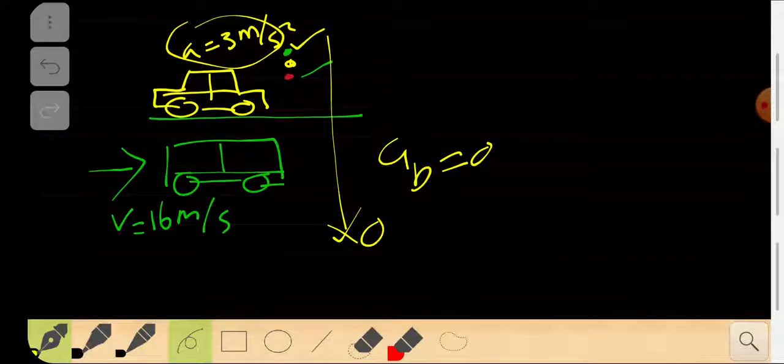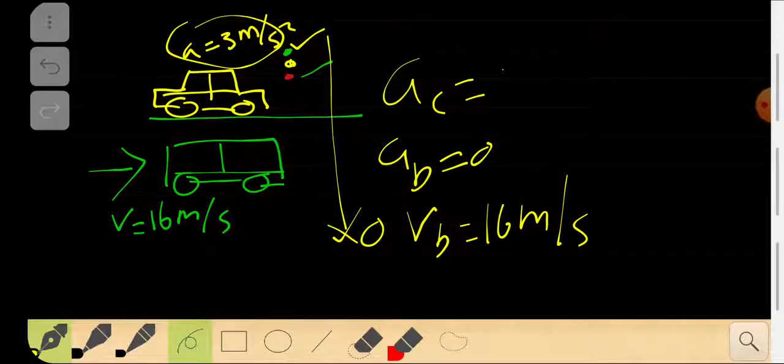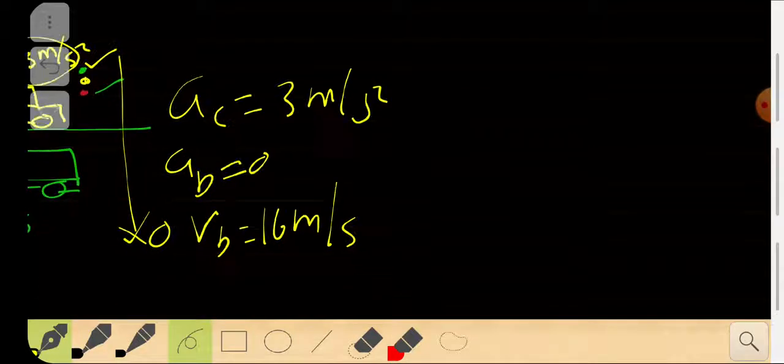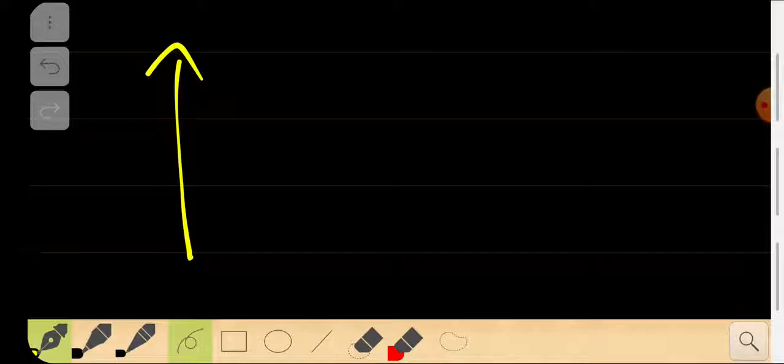Well, the velocity of the bus is 16 meters per second, and the acceleration of the car is 3 meters per second squared, and the initial velocity of the car is 0. So that's the situation right here. Now what we need to find out is, if you plot both of these, the displacement versus time graph,